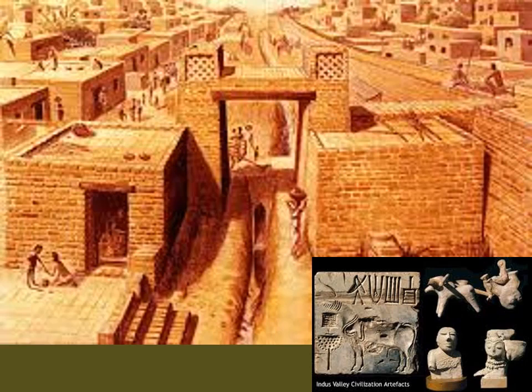So good urban planning. And it had mathematics, which is based on a binary model. Binary means two. Okay, so like computer, we have 0 and 1, 0, 1, 0, 1. So the mathematics of this Indus Valley civilization was also based on a binary model. And the people were literate. That means they can read and write.